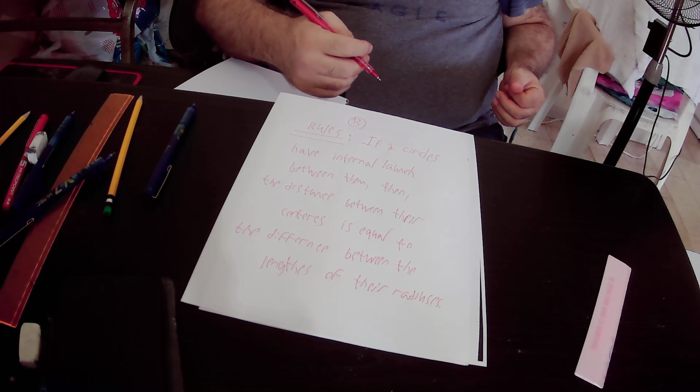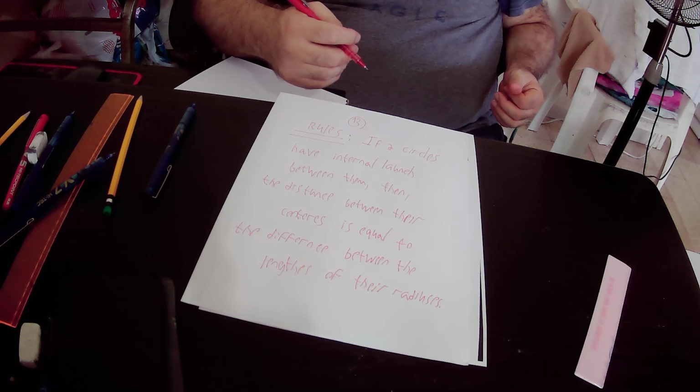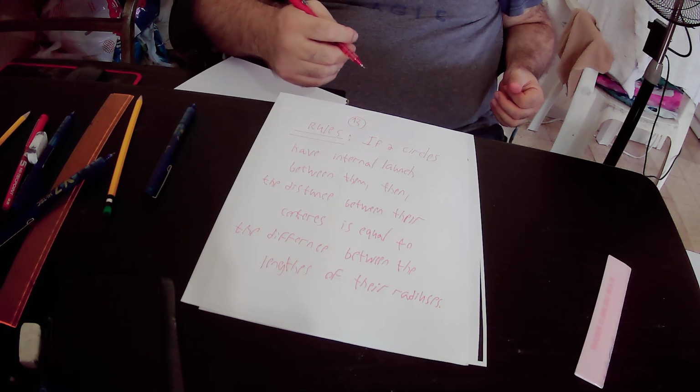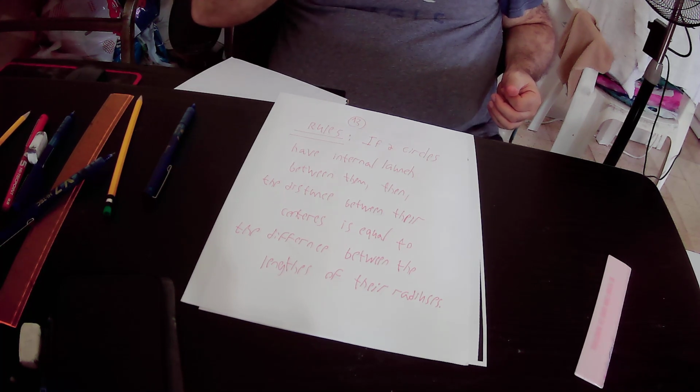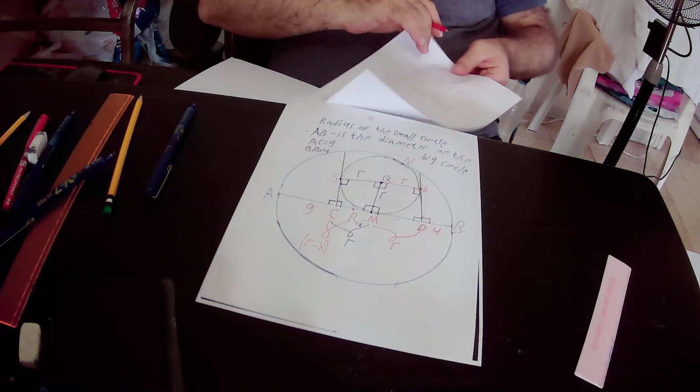So if the radius of one circle is r1, and the radius of the other circle is r2, then the distance d between their centers will be equal to r1 minus r2. Okay, so we actually can implement rule number 5 in our